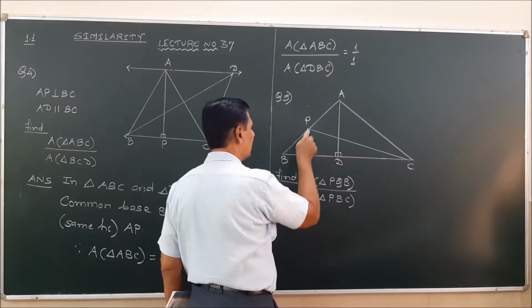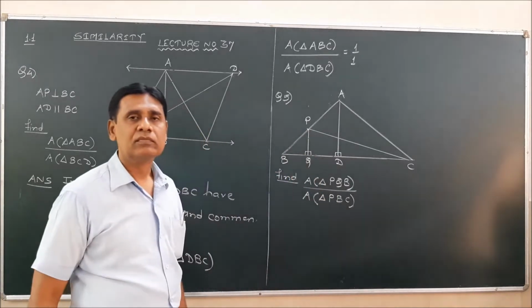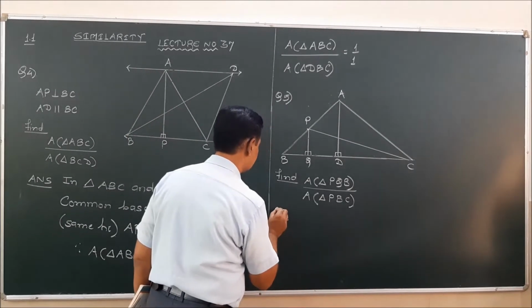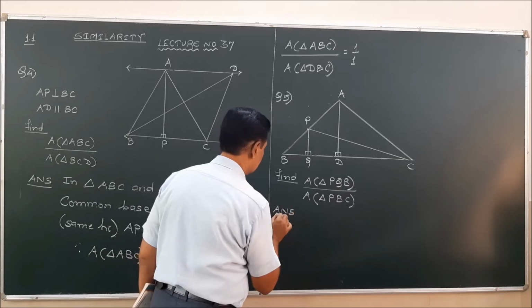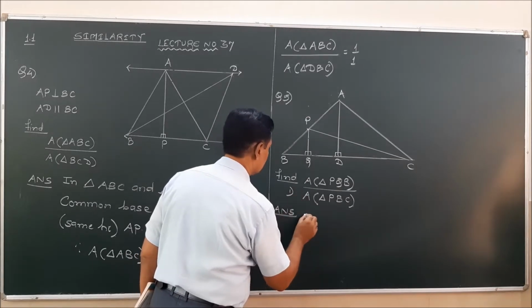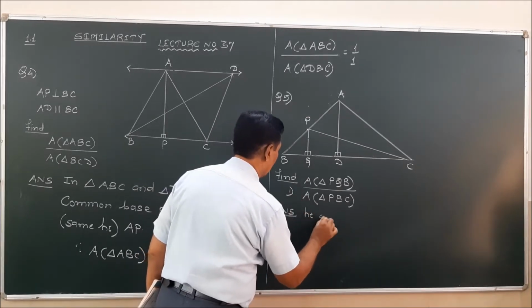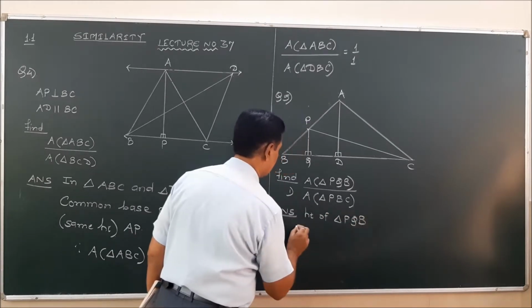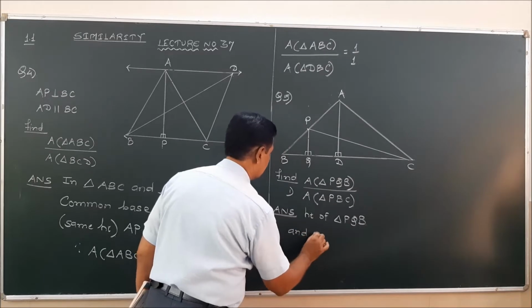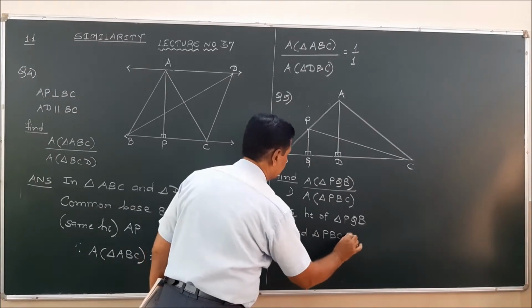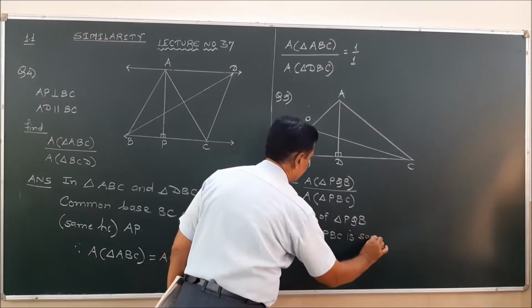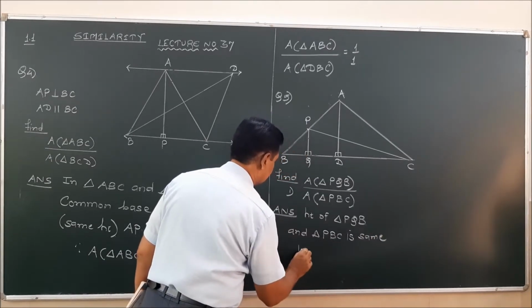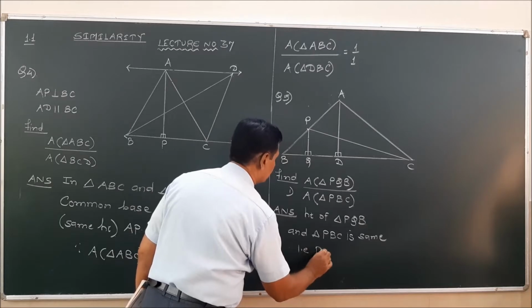BQ is the base for PBQ. So in this case, since the height of triangle PQB and triangle PBC is same, that is PQ,